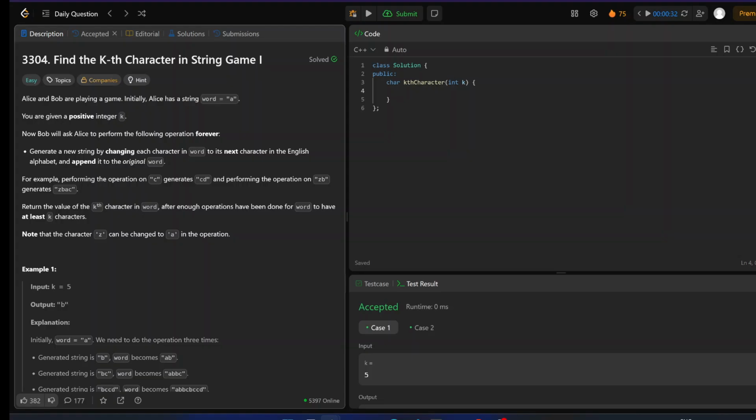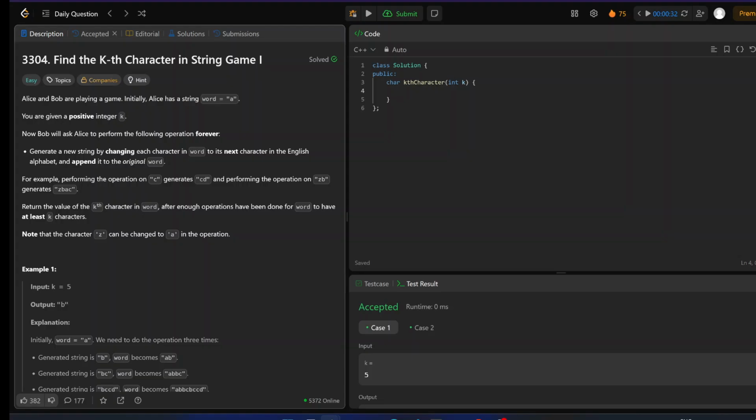So we are given a start string which initially includes only a, and we have to do some operation, and this operation increases the length of the string. After doing the operation a number of times, we have to grow the string to such a length that we can return the kth character in that string.